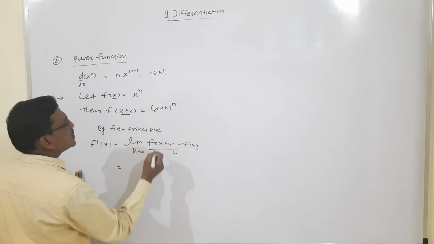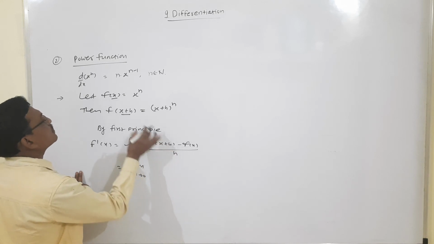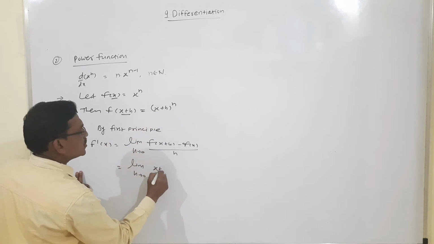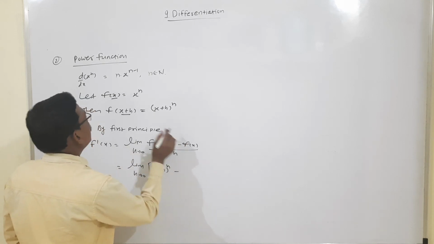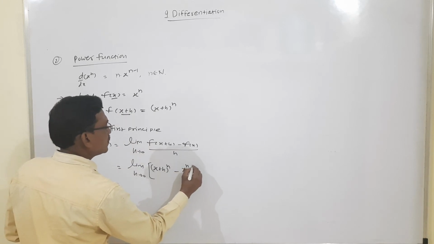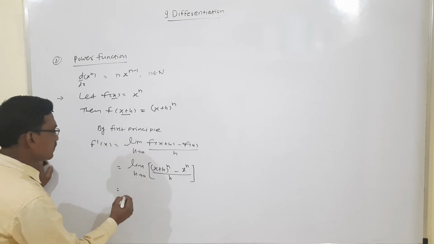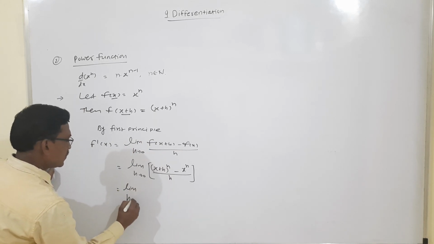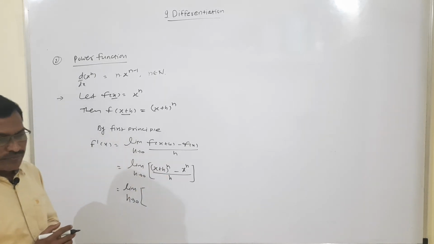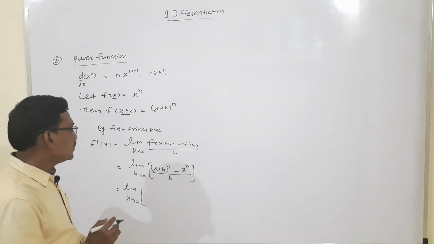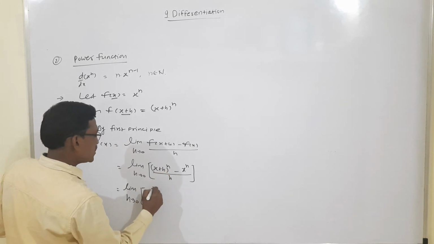So therefore, limit as h tends to 0, the value of f of x plus h is x plus h raised to n, minus the value of f of x, which is x raised to n, upon h here. And so therefore it is equal to the limit as h tends to 0. Actually we use the binomial expansion here. So by using the binomial theorem, we write this